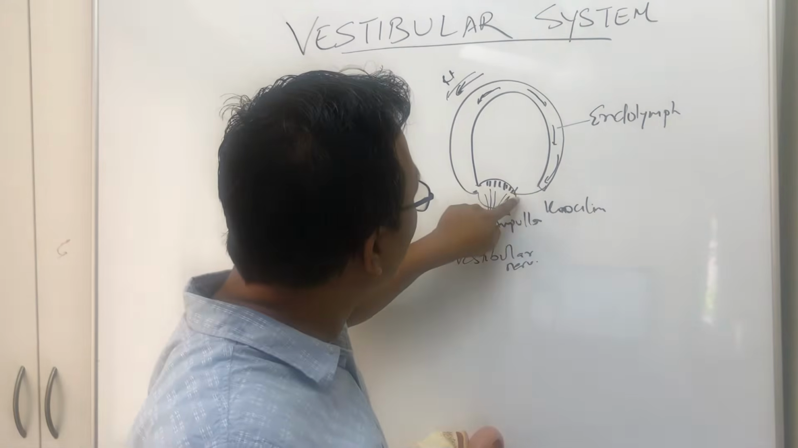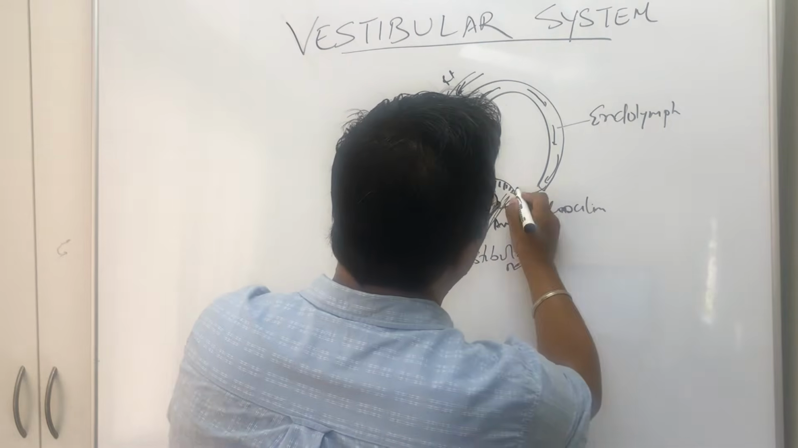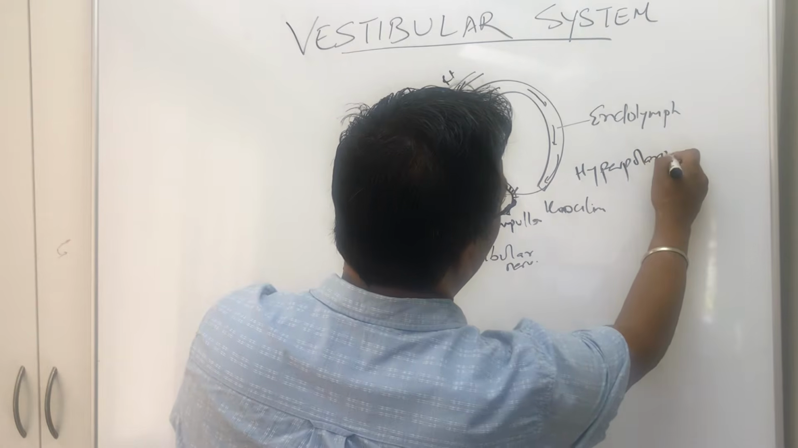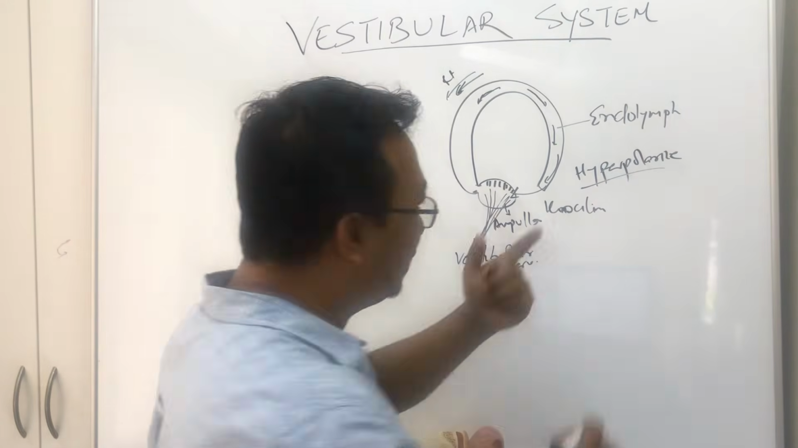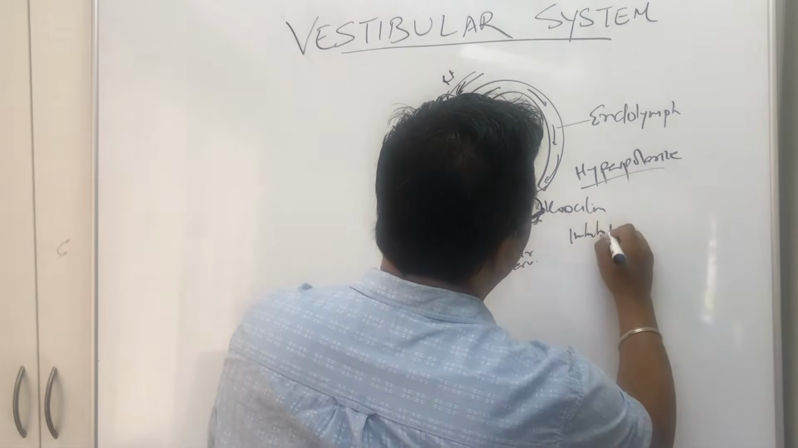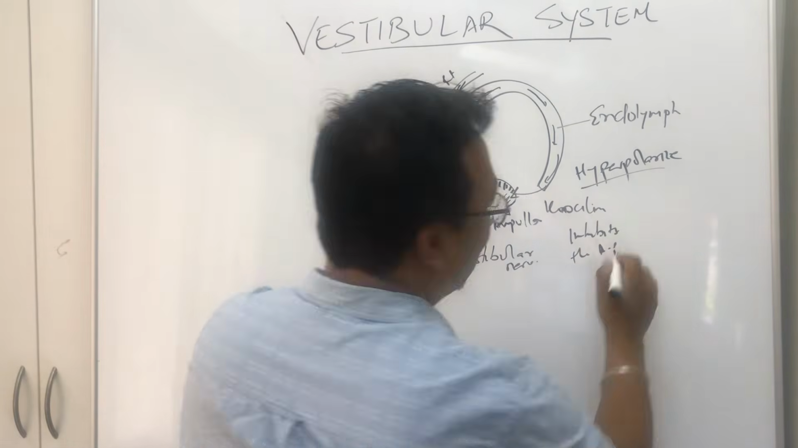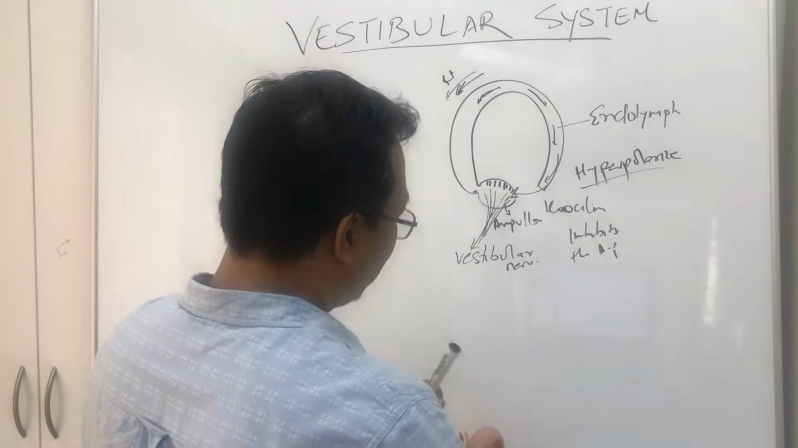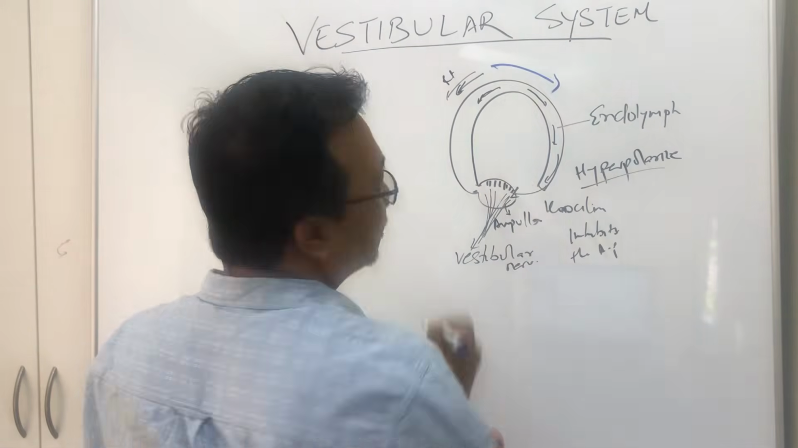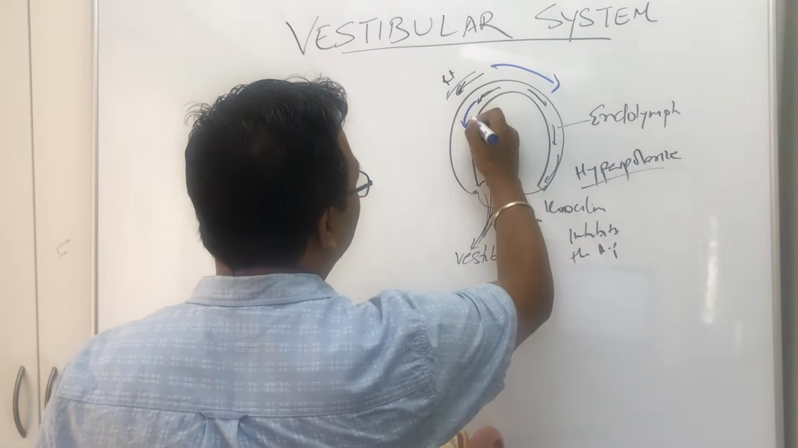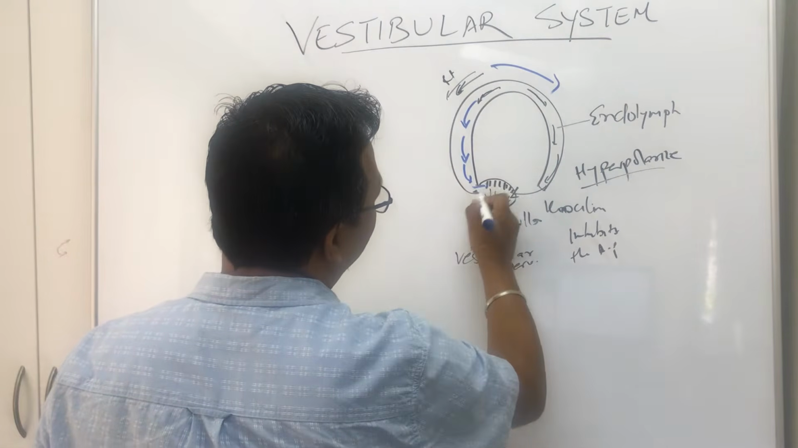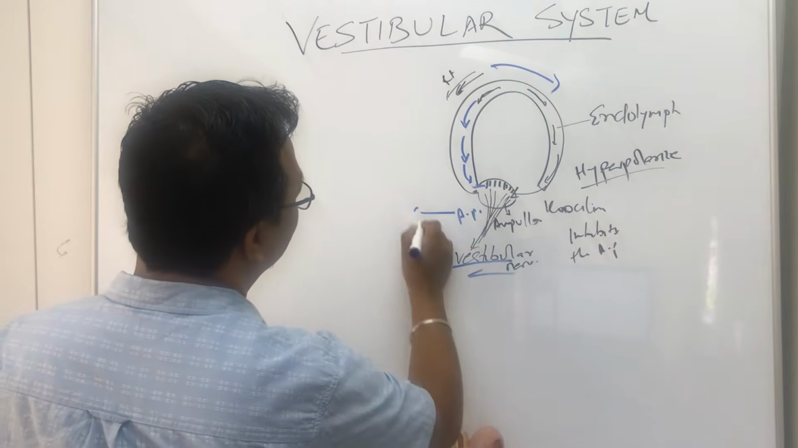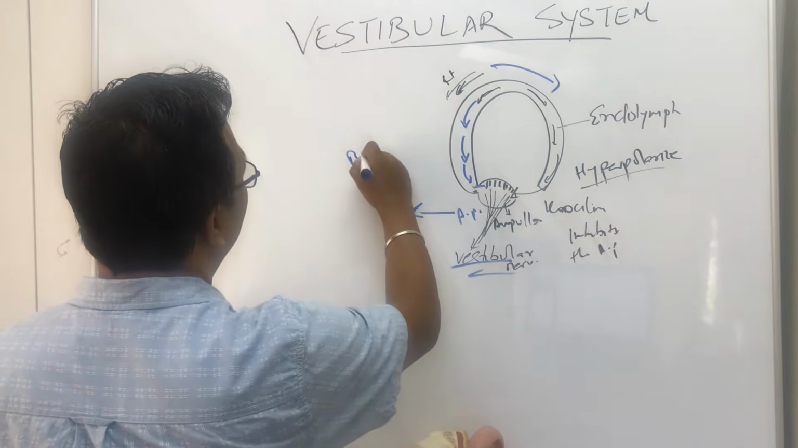Okay, so when the fluid moves to this side, when it is stimulated on this side, it inhibits, or you can say it hyperpolarizes. It inhibits the action potential. I'll explain it to you again, don't worry. And when we move our head to this side, on the left side, then the fluid will obviously come this side and move the hair cells. Action potential will be generated, and the vestibular nerve will be stimulated, and the whole thing goes to the brain,